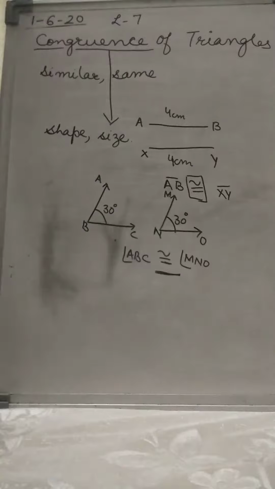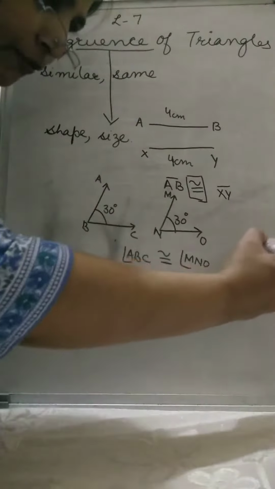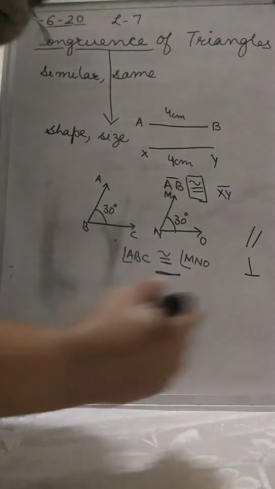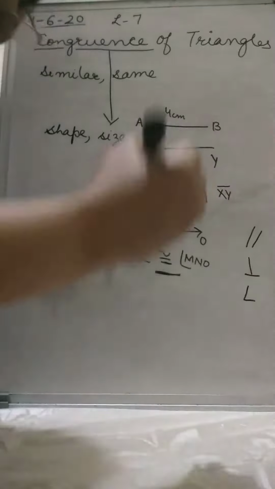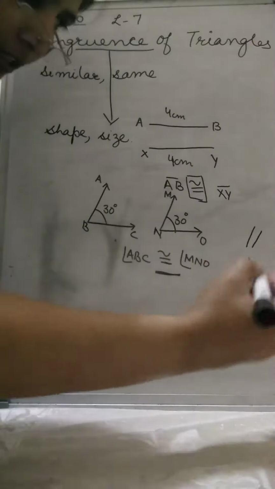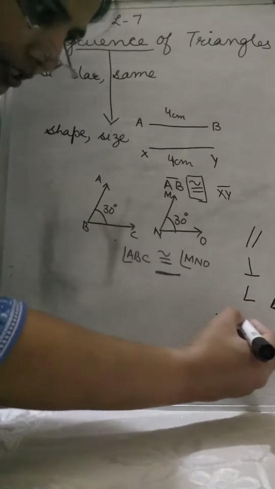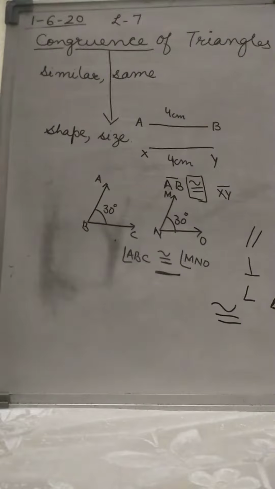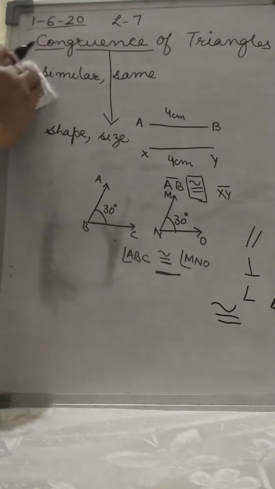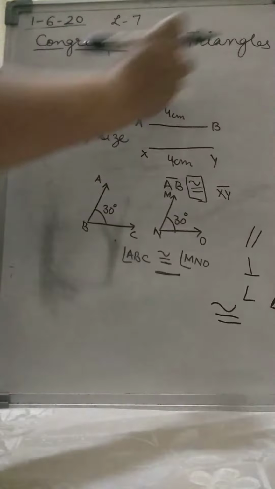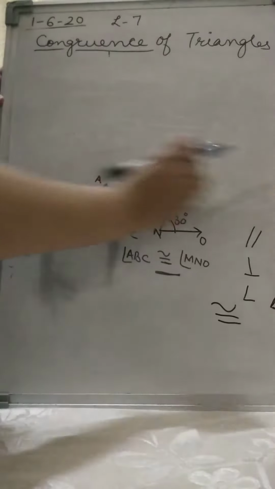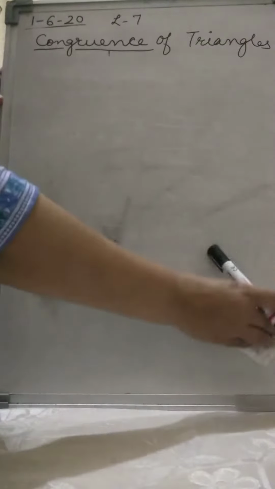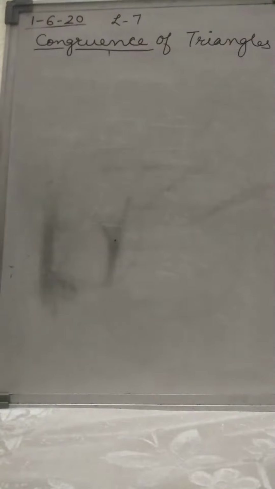Is this clear? You have now studied the sign for parallel lines. You have studied the sign of perpendicular. This is the sign for angle. This is the sign for triangle. And now this is the sign for congruence. Is this clear? Now in this chapter, as the name says, we are going to study triangles, and how triangles are going to be congruent.